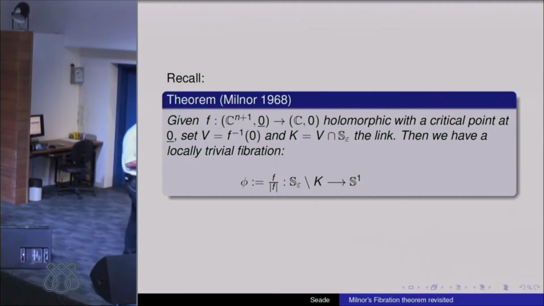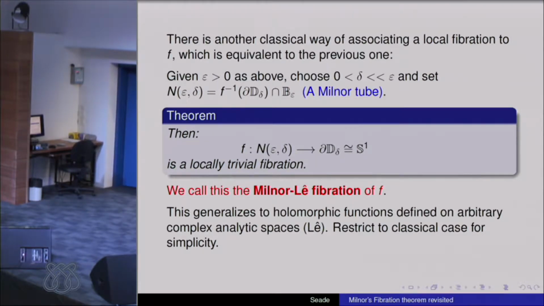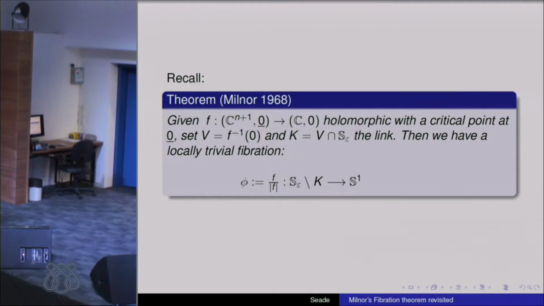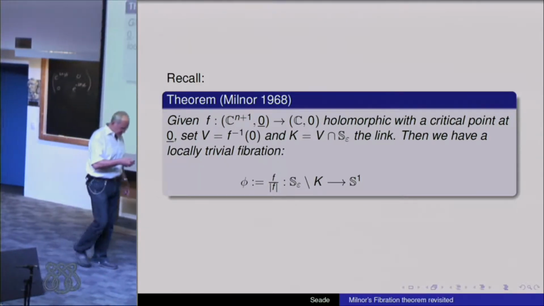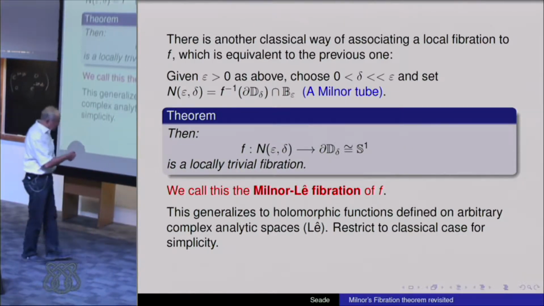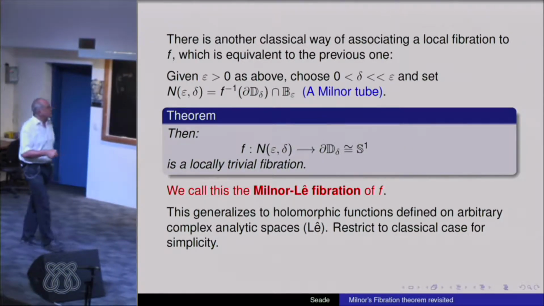And we saw also that there's another way. Before, in his book, Milnor studies this fibration and proves directly that this is a locally trivial fibration. He proves that this map has no critical points, it's a surjection, and he proves that you have a locally trivial structure directly on this sphere. However, it's easier to understand that theorem going to an associated fibration, a different way of looking at that fibration,